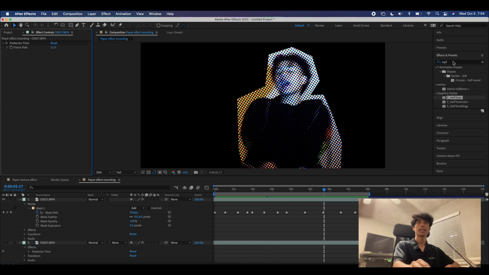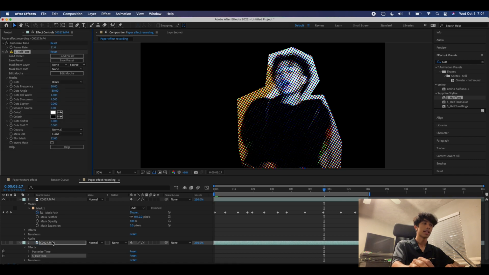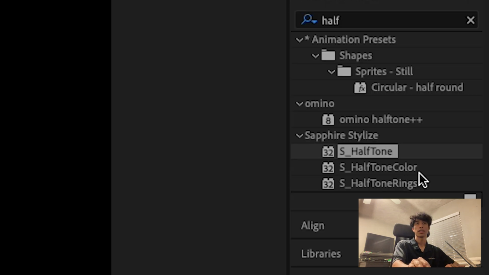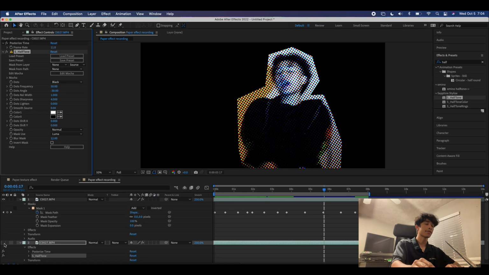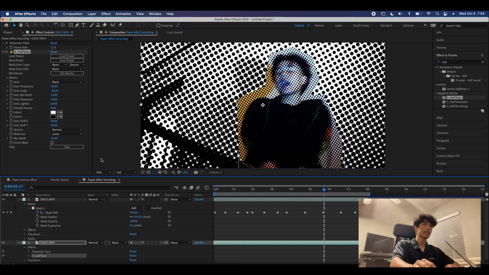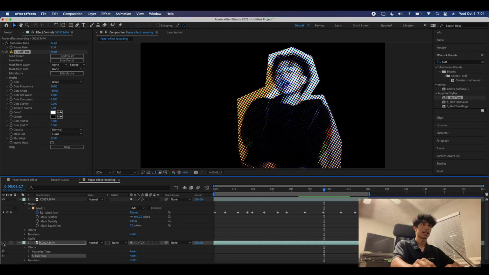Might I add, while we're here at the effects and presets panel, you can go ahead and add the halftone Sapphire effect to the bottom layer. This is the halftone non-color one. So we applied the color effect to the top one, and then this is just the halftone effect that we're gonna apply to the bottom one. My bottom layer visibility is off, but if you turn on the visibility, you can see we have this black and white comic book effect, but we're just gonna go ahead and turn that off and just work on that